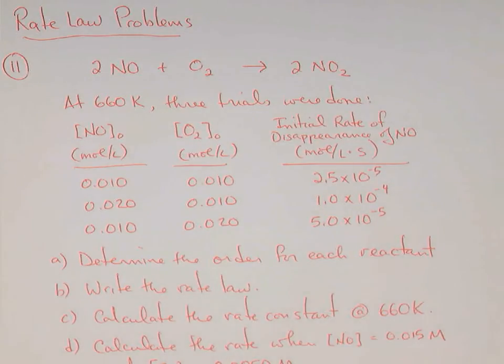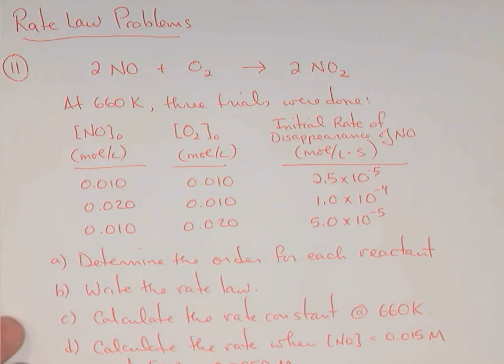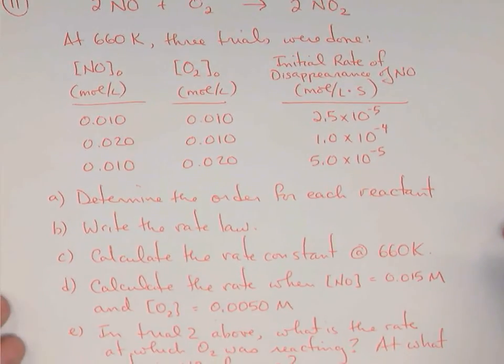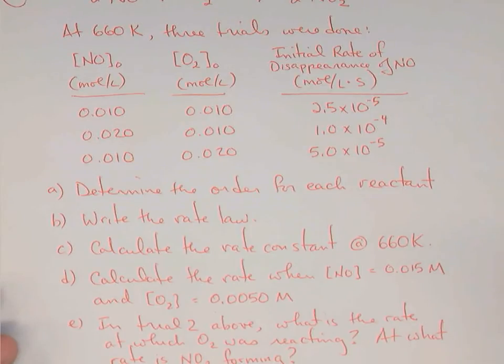In this video, we're going to take a look at rate law problems in the chemical kinetics unit, and we'll use this question to introduce the topic. We're given a chemical reaction, in this case between nitrogen monoxide, NO, and oxygen, O2, in which they react and form nitrogen dioxide, NO2. The balanced equation shows 2 moles of NO reacting with 1 mole of oxygen to make 2 moles of NO2. The reaction was studied at a very high temperature, at 660 Kelvin, and 3 trials were